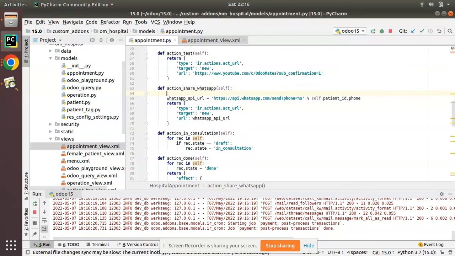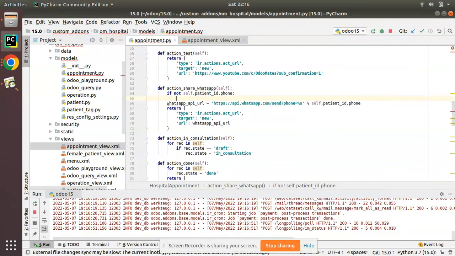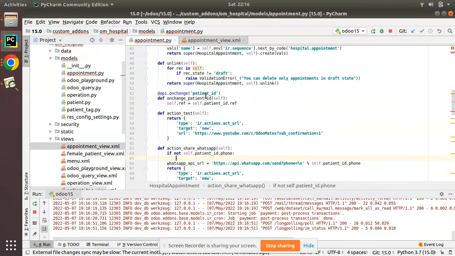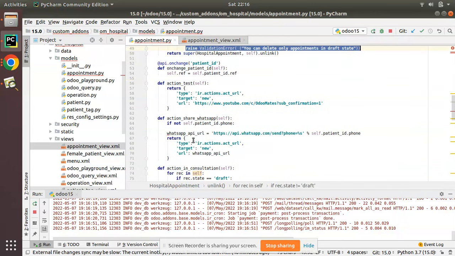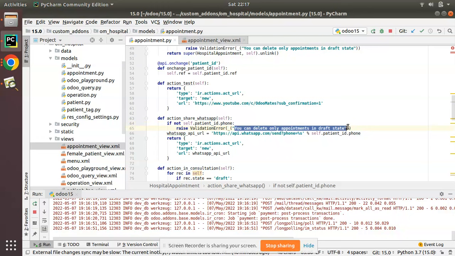And I'll add a condition here. If not self.patient_id.phone, we can show a validation message that the patient does not have a phone number. So I'll copy this message and add it here, raise ValidationError. I'll throw it like missing phone number in patient record. So if there is no phone number for the patient in the appointment, I'll show a warning message as missing phone number in patient record. Then if there is a phone number, the flow will reach here, https://api.whatsapp.com/send?phone=, then this phone